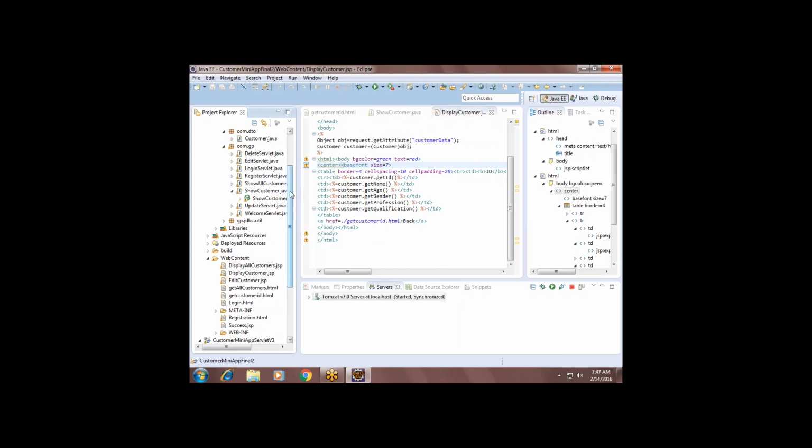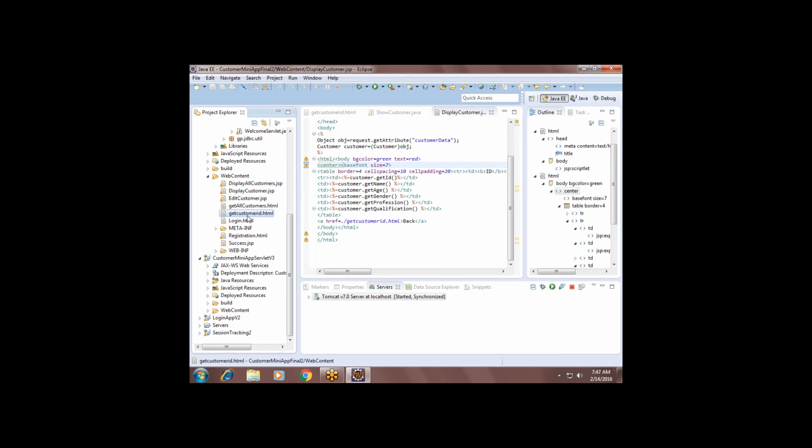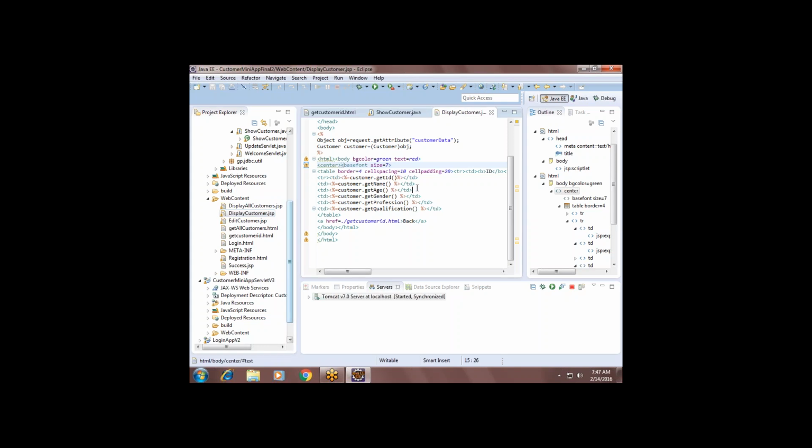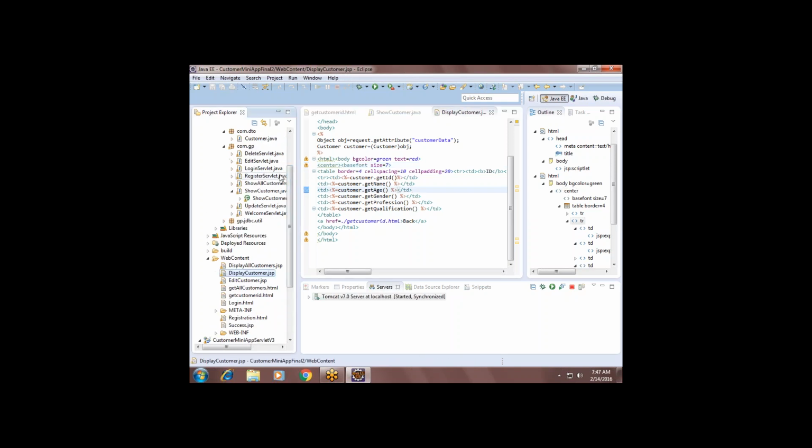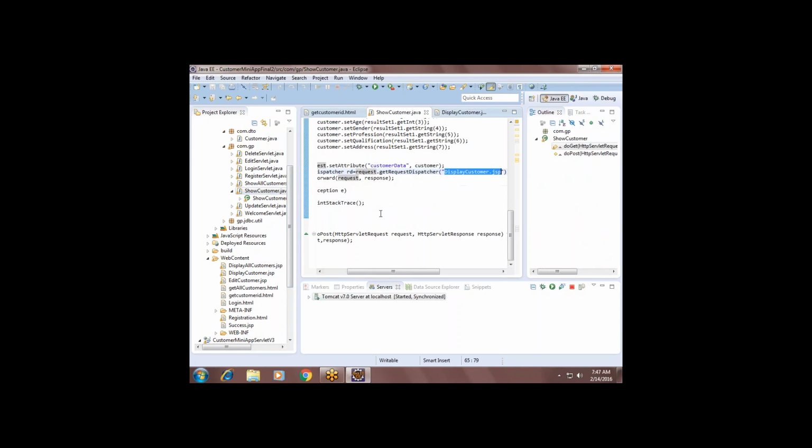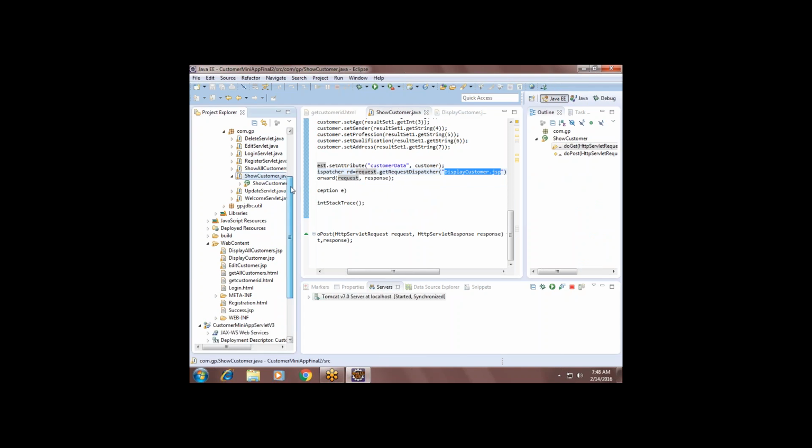Okay, I will explain this in the next session. Okay, you just go with only get customer ID with one. Understand? Yes, sir. This only you have to practice. Get customer ID and display customer.jsp, this program, and here show customer.java. Show all, edit, delete. Don't go through that.